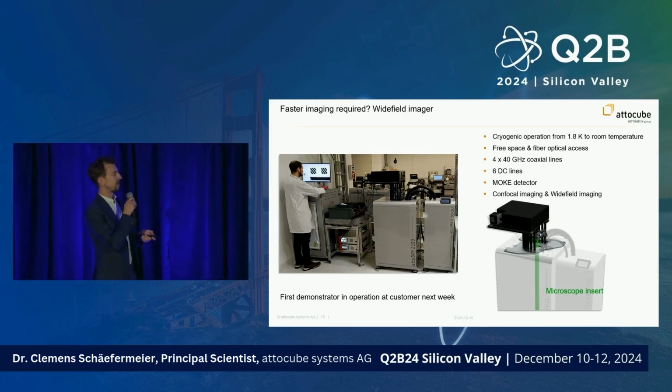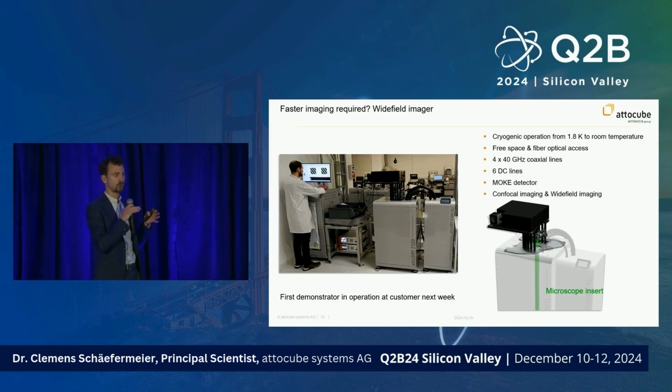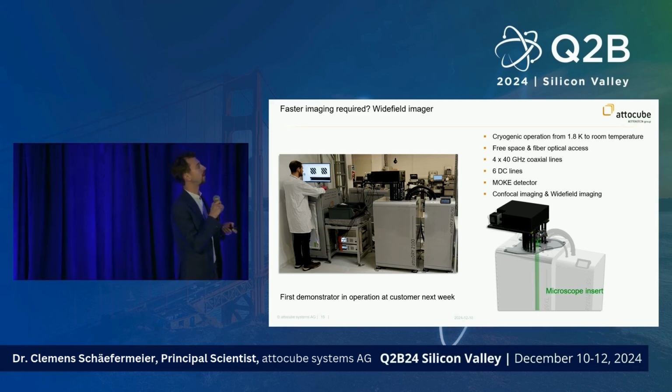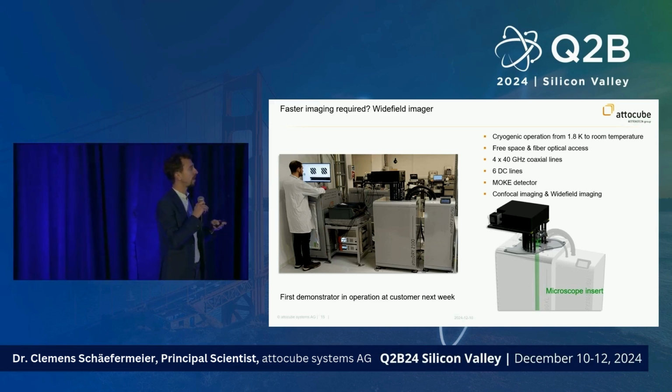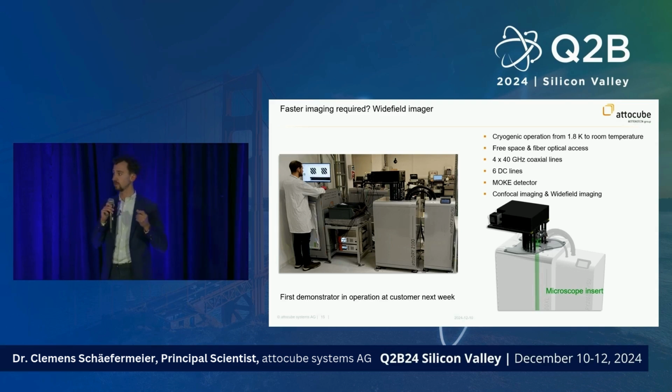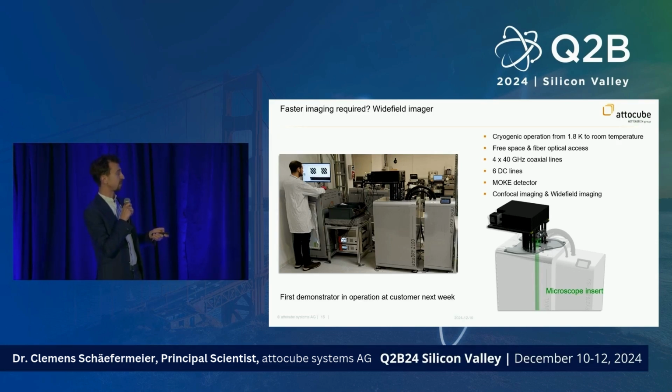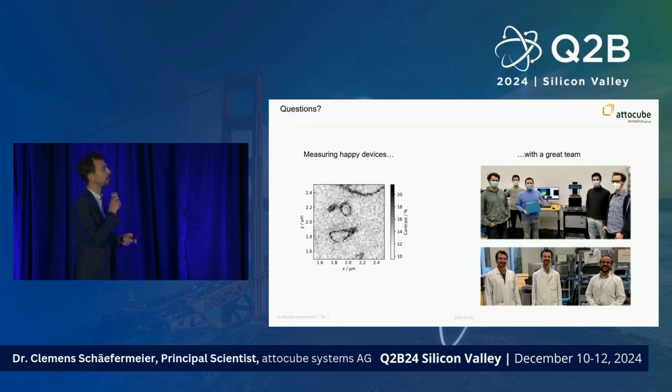Also, you need a bit less electronics because you don't need to control this diamond needle above your sample. Optics are more complicated because you have a very sensitive camera, you have a smoke detector, and lots of electronics, so you can send in high-frequency signals. And yeah, that's an illustration of the device, and the green space here illustrates where the sample is sitting, or where the microscope is inserted.